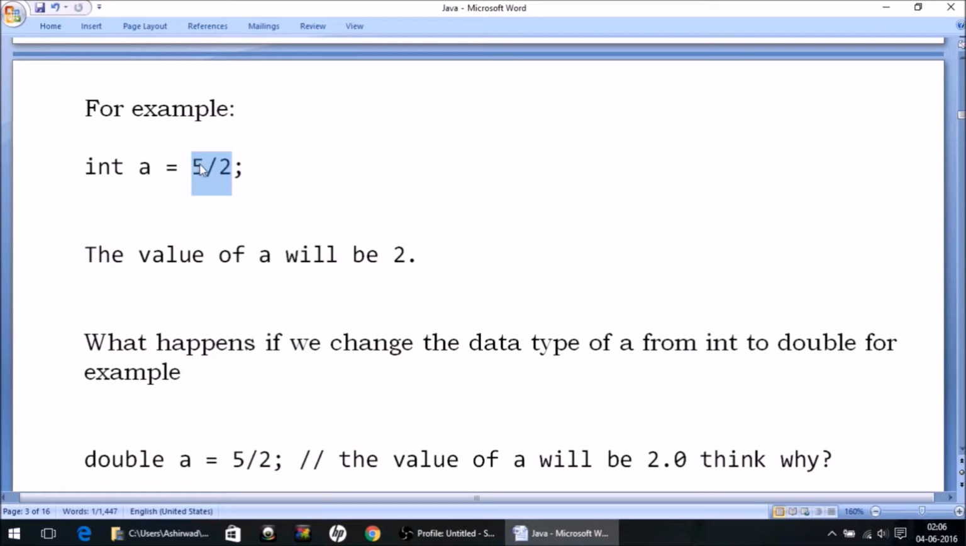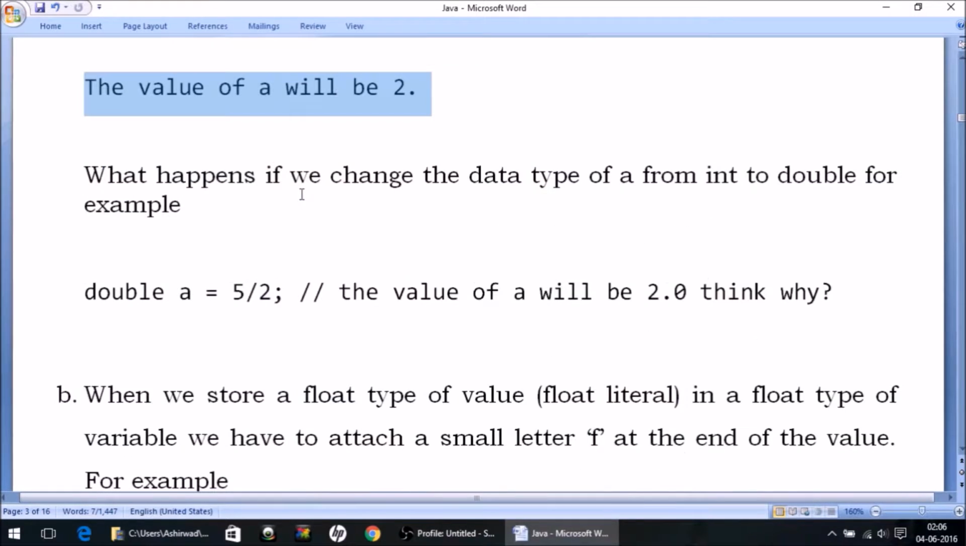Okay, and then that 2 which we are getting here is stored in this integer variable a, which has no problem storing it. So this is how we are getting value 2 in a. So the point is clear to you. The next thing is,